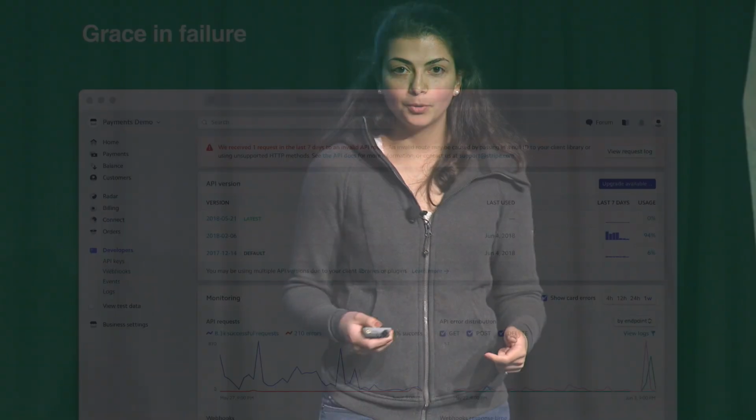The last thing I wanted to talk about, and this is what we're going to spend a lot of time talking about, is delight in failure. So things aren't always going to be rosy when people interact with your API. Sometimes things are going to go wrong. And there are a few things that I've seen around the web that I really like about how people deal with that failure. So the first example is from Stripe.